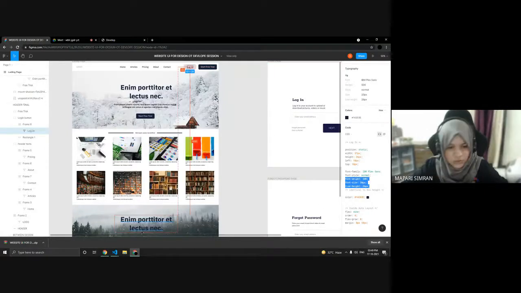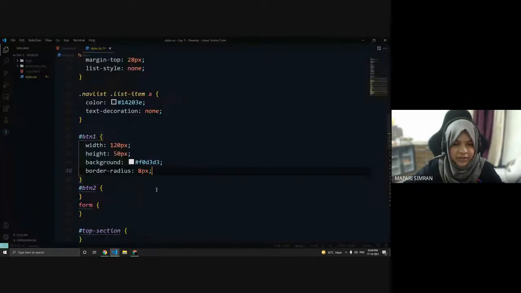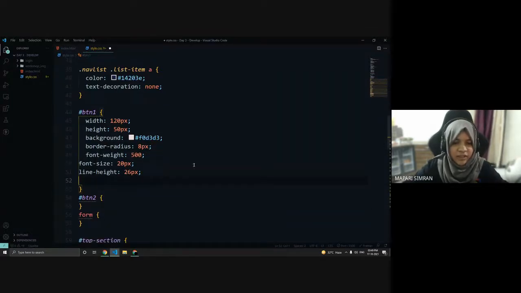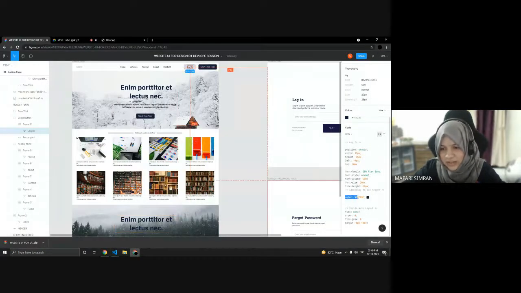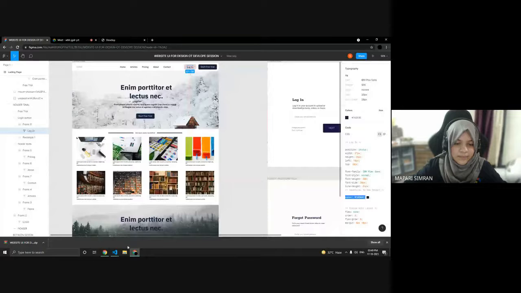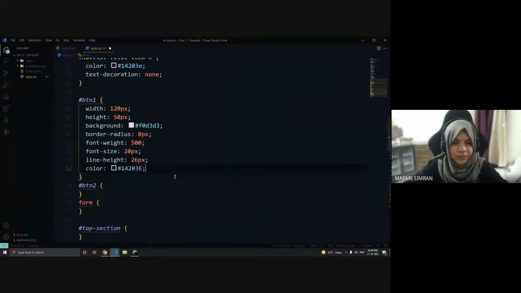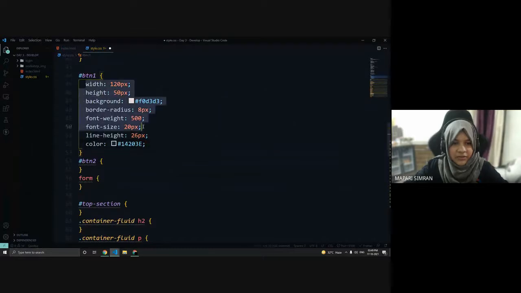The color is given in hex format already. You just have to copy paste it here. Font size, line height, and let's copy the color as well. Control C, Control V. Okay, so we are done with button 1.